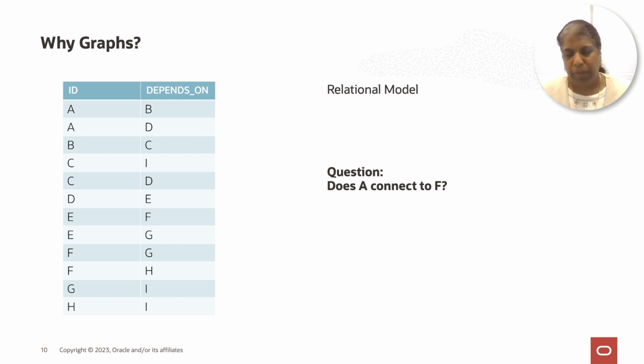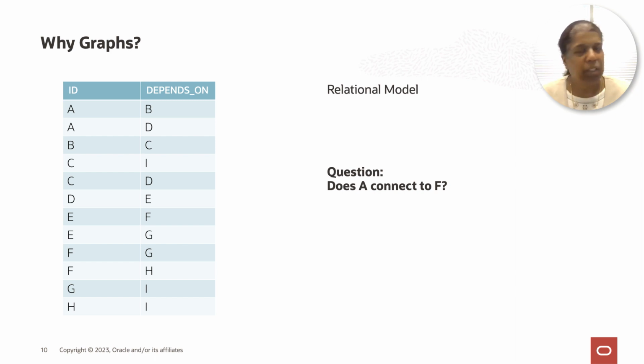So graph. I'm going to assume that everyone is familiar with the relational model, where you organize data as rows and columns in tables. If you have a table here and you want to ask the question, is A connected to B? We can say that A and B are in the same row, so they have a relationship,